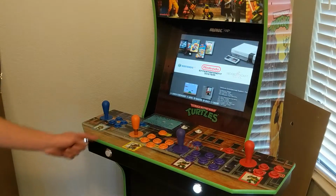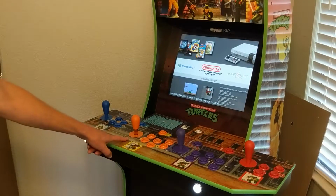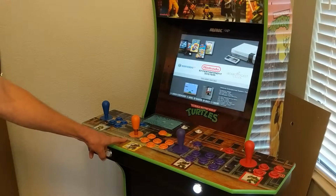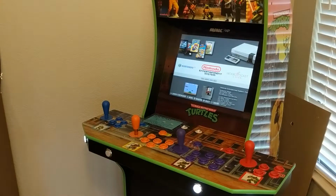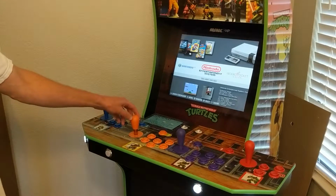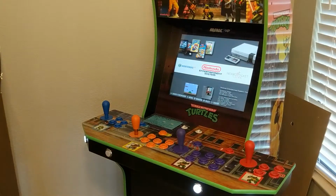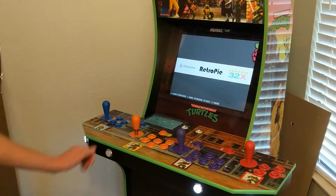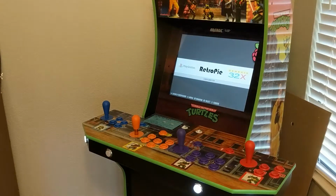But mostly the important thing of why I chose the magnetic return to center is because this joystick has the ability to switch between being a 4-way, up, down, left, right, or an 8-way, where it actually recognizes the corners. And that makes a pretty huge difference on these emulators, because if you're trying to play Pac-Man, where it only recognizes 4 directions, and you hit a corner, then Pac-Man just freaks out